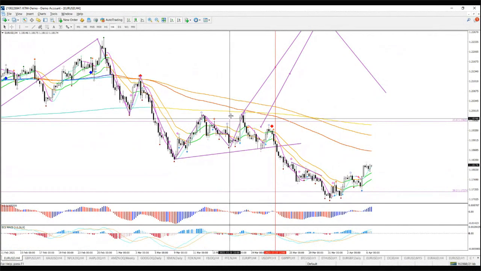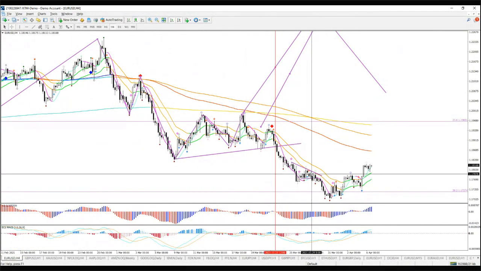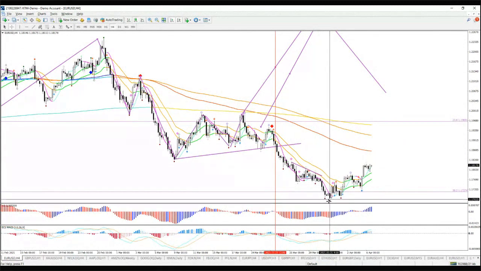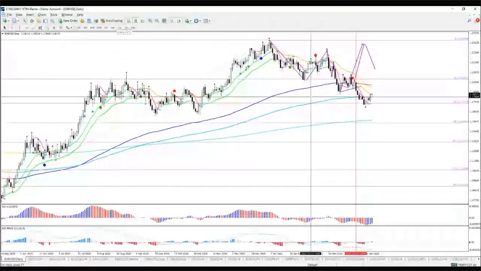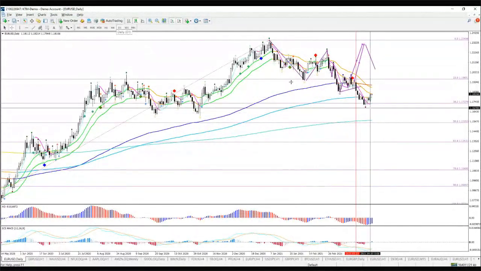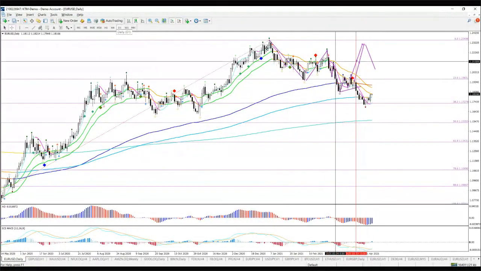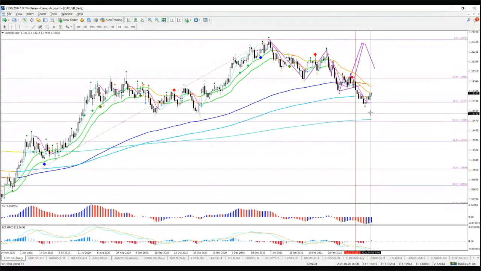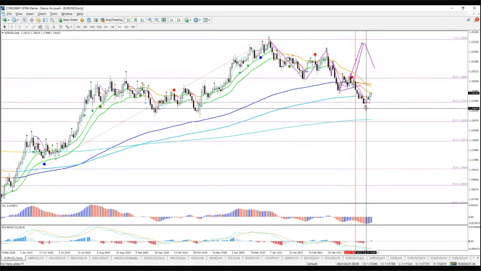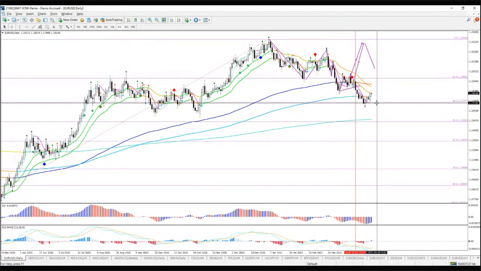Once again, this was wave 1, 2, 3, 4, 5, and we had 1, 2, 3, 4, 5 within 5. So we had a 5 of 5 of C at the 38.2 fib. So we had an ABC pattern here. Once again, ABC. Within C, we had 1, 2, 3, 4, 5. Within 5, we had 1, 2, 3, 4, 5. Within 5, we had another 5. And all of that ended when price finally fully hit the 38.2 fib.